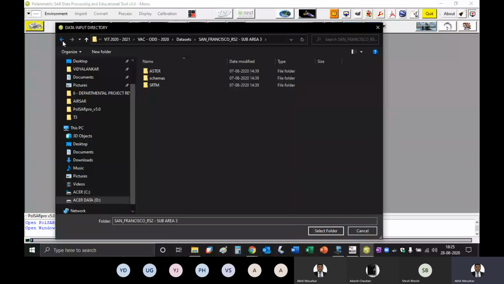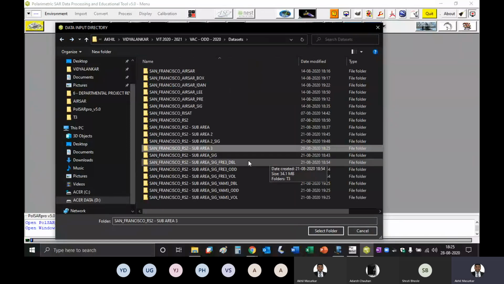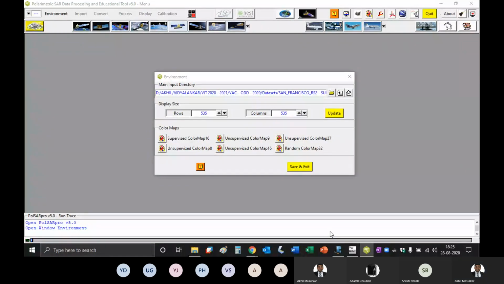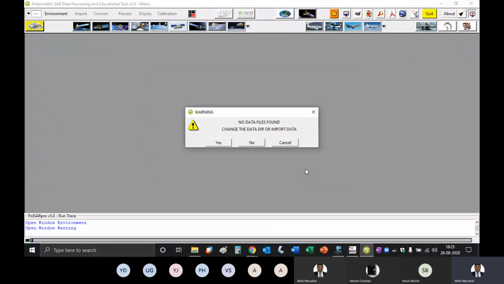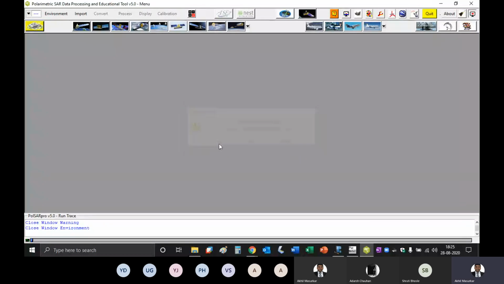So just go back here and say select folder, that is San Francisco RS2 sub area 3. Select that and then say save and exit. No data files found. Change the directory. Yes. Okay. So the data path is set.